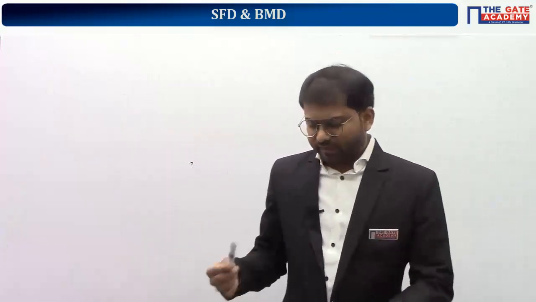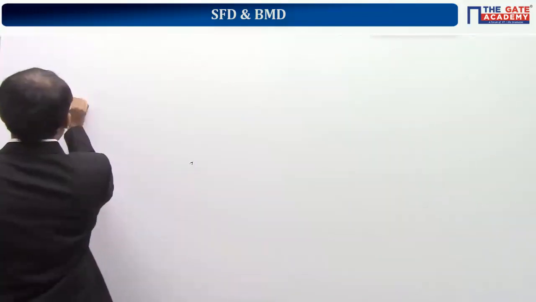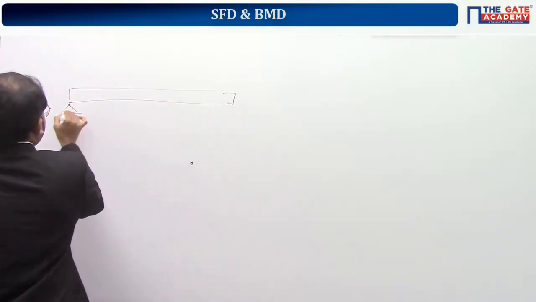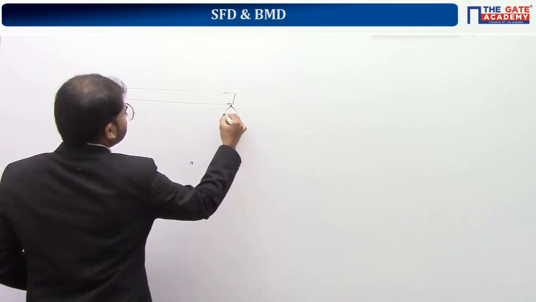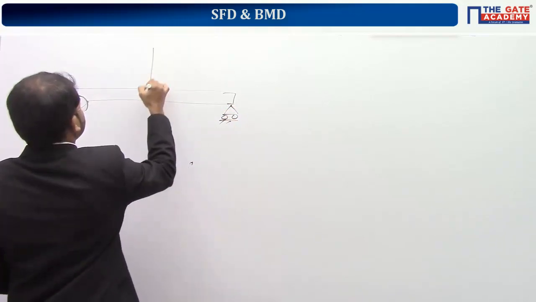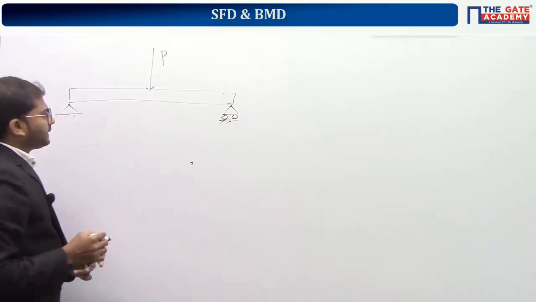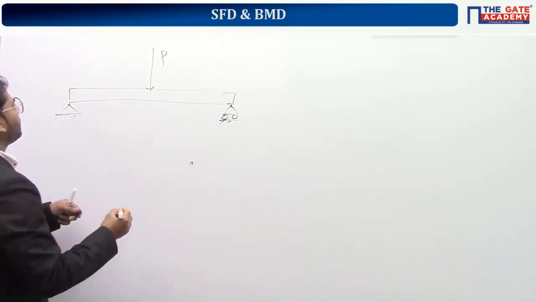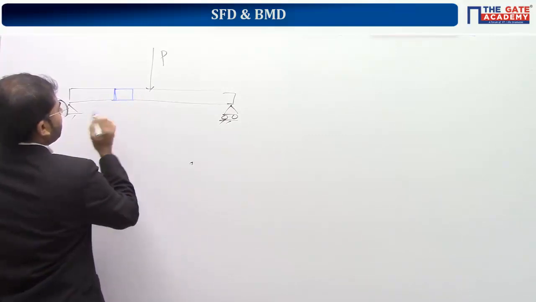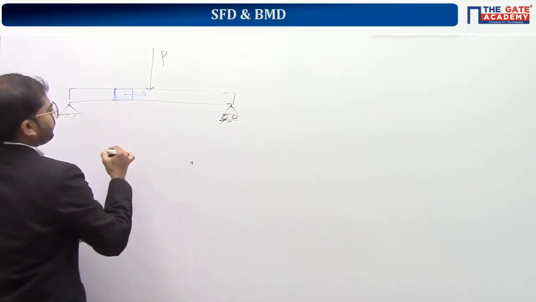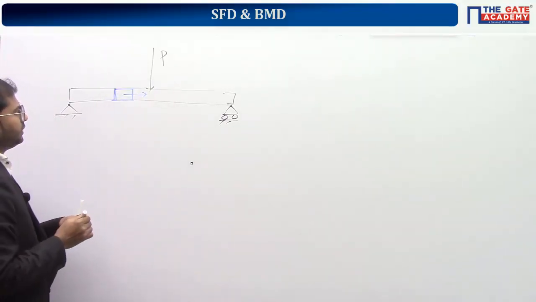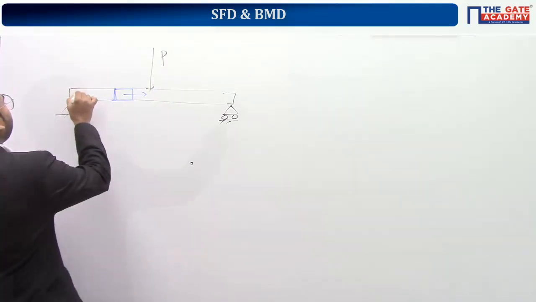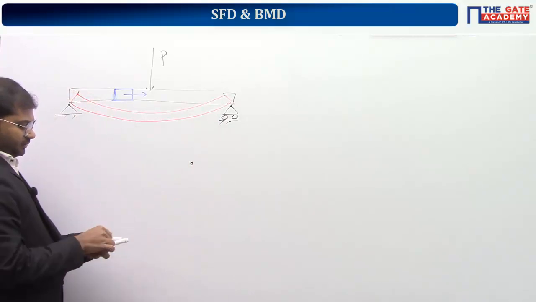Okay. Now again let's take the example. It is easy to understand. Look here, because here we are talking about rotation. So the load P is acting at the center. Before application of load, the member is here. So I'm taking one part of the length of the beam. It is acting horizontally like this. Now due to the application of load, bending will happen. The member became like this.